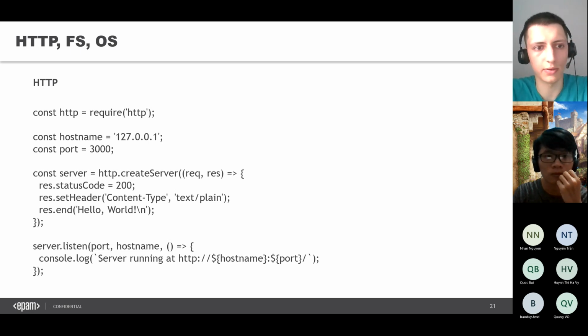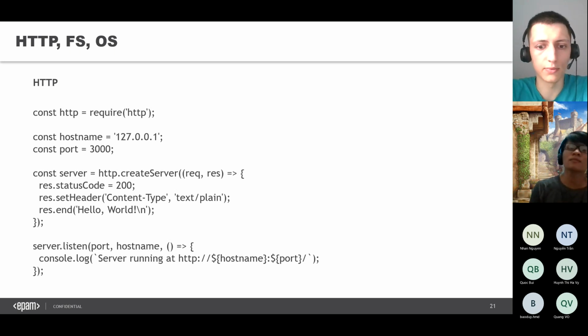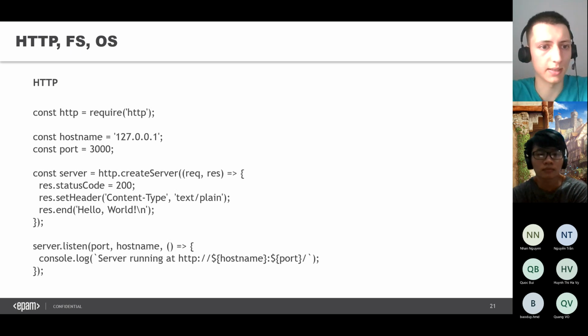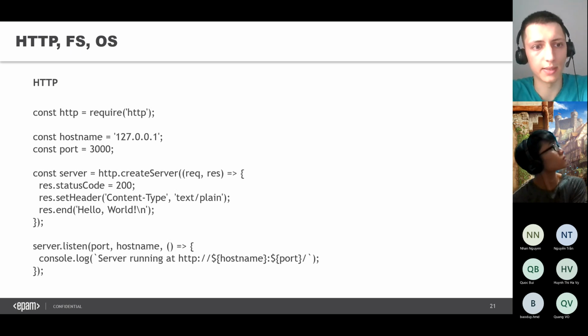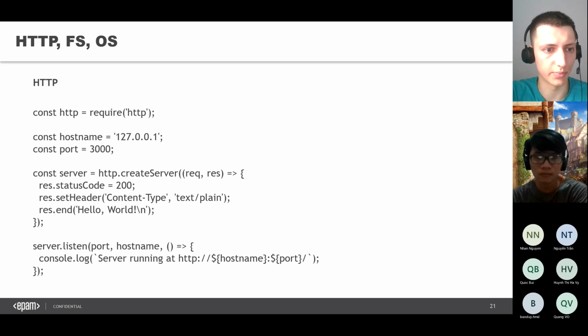Inside request, you can check the documentation and see all the information, but in request you can get information about the request, for example the URL, the body of the request, the method, and so on. And in response, you can provide some response. For example, you can specify the headers, the body, or the status code, and so on. So it's just an HTTP request and an HTTP response.